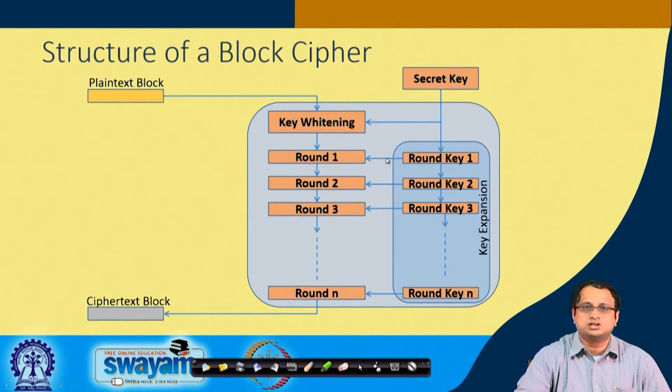This mixing is also done by a similar step as the key whitening step. For example, it could be done through a bitwise exclusive OR. You can also apply other kinds of whitening steps, for example an integer modular addition. There could be other reversible functions which you can try to apply over here. But the most common is probably exclusive OR, where you do an XOR between the plain text and the secret key or the key components. Finally, after n rounds you obtain an output which is called the ciphertext.